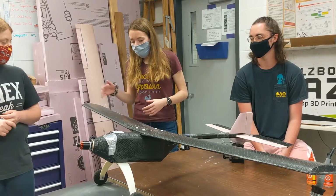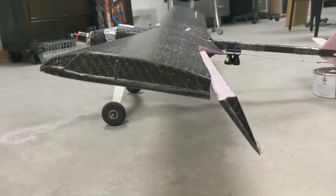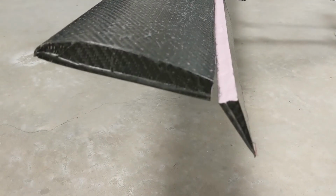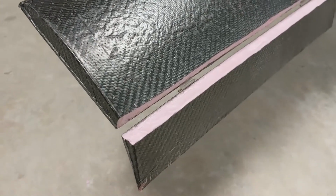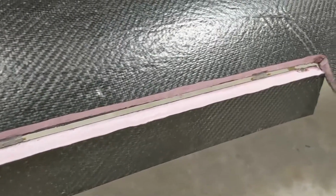The other thing that we like to highlight on these wings is that the ailerons are from the original wing layup. So what we did is we laid up the whole wing and then cut these pieces out individually, and that allowed us to get that smooth finish without having to do 2 separate layups and risking some sort of